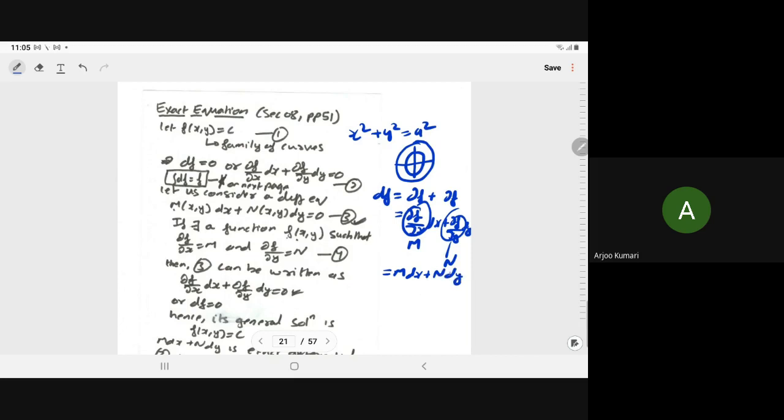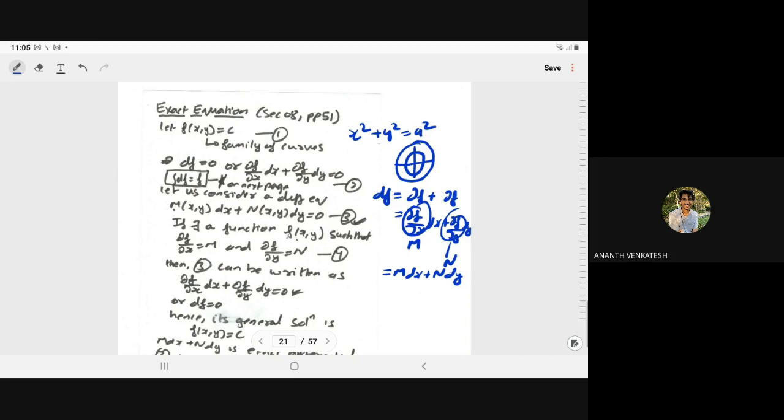Why did you write df equal to del f plus del f? How did you write that? Here we are saying that df or del both are representing a small part of f. Very small part of f is again a small part. Addition of small parts is again a small part. So df is equal to del f plus del f we are writing. Okay.